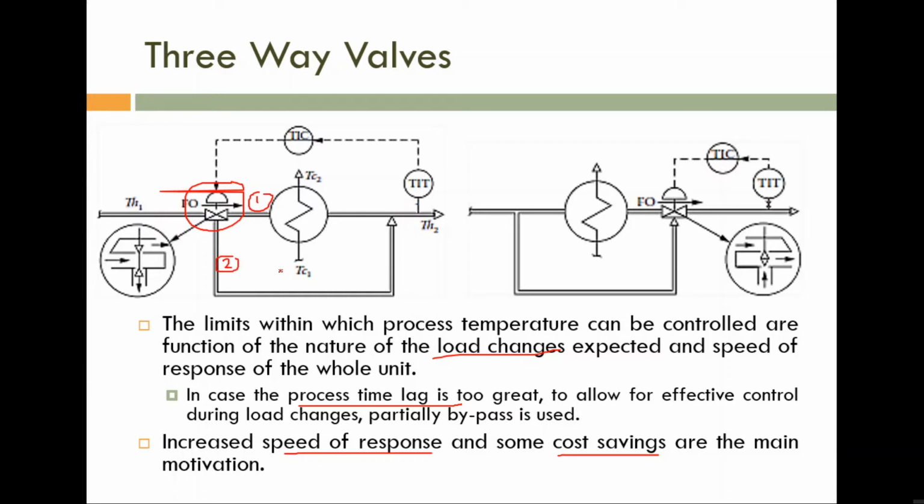The number of flow rate variables is increased, which means the number of independent variables is increased to 7. But the process equation is the same. We have only one process equation. So 7 minus 1, now the degrees of freedom is 6. So the degrees of freedom is increased. That is another advantage. Now, how is it functioning?